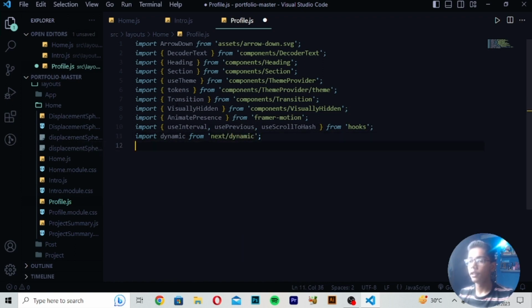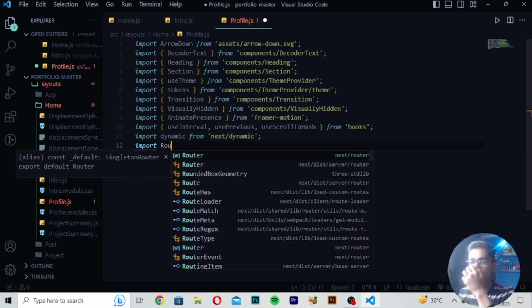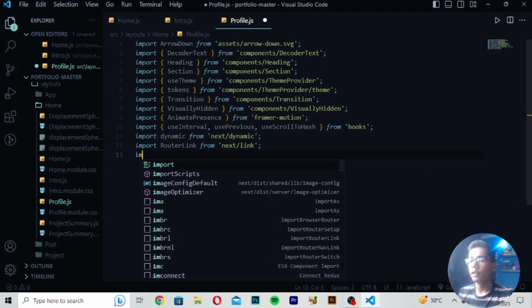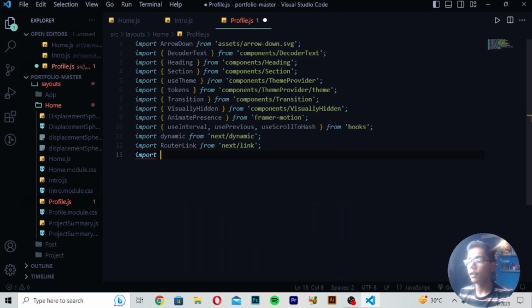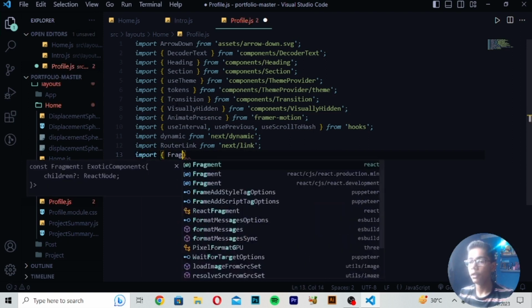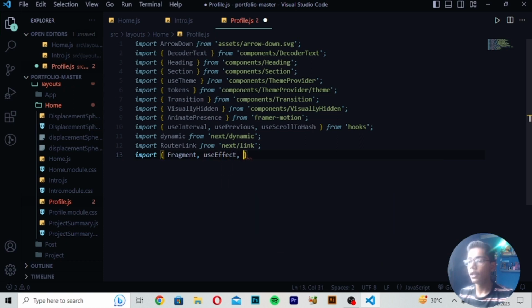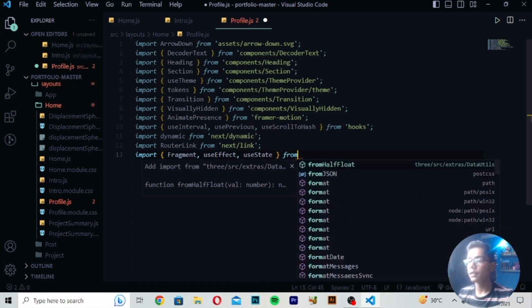Now you have to close it. Then you have to write here import Router Link. So here I will be writing here Router, and here I will be writing here RouterLink from next link. So here I will be writing here from next link like this. Then write here import, and then I will be writing here Fragment. So here I will be writing Fragment comma useEffect. Then you have to write a comma and write here useState. Then you have to give a space right here from